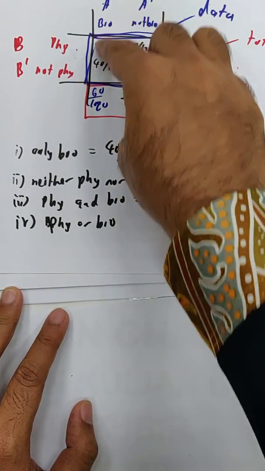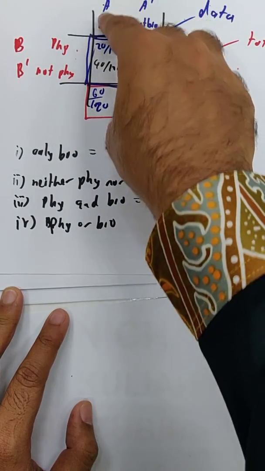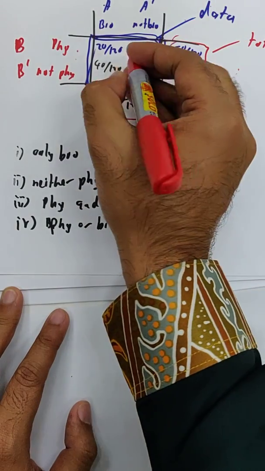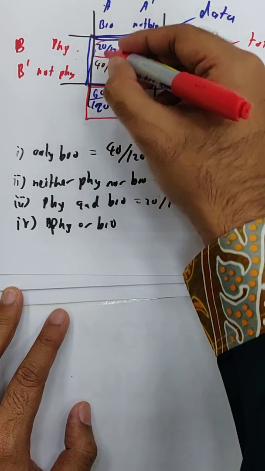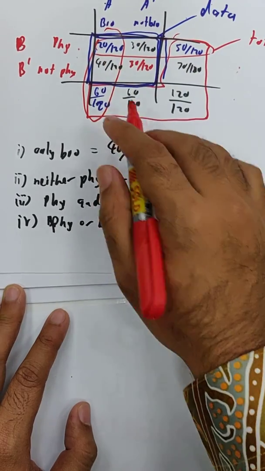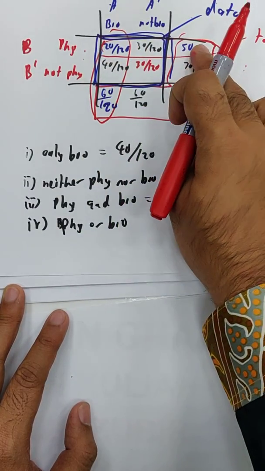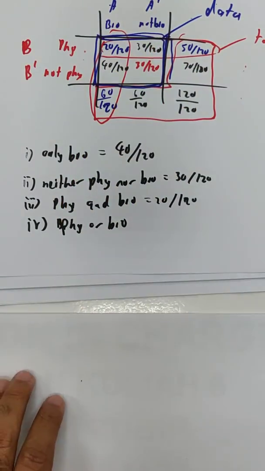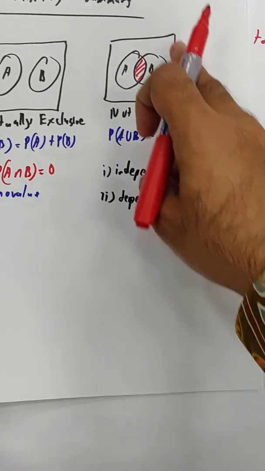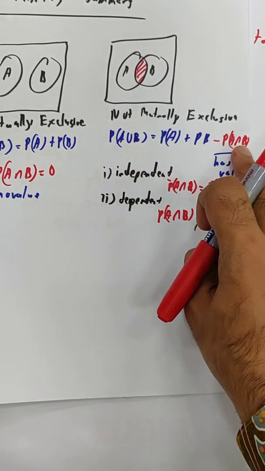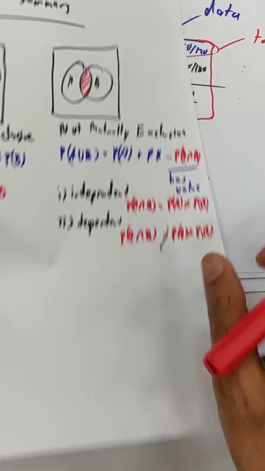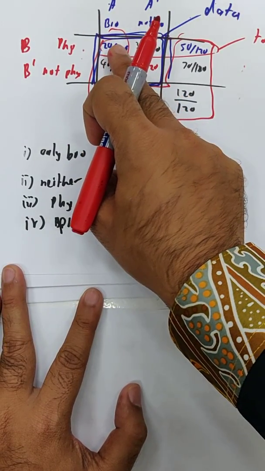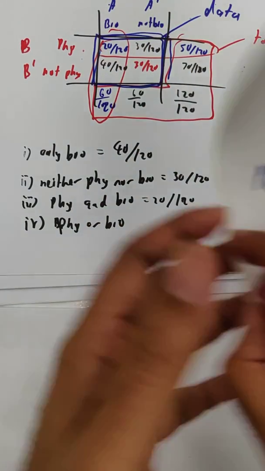Physics or bio, you can calculate this way. This is bio, this is physics. That means you need to add everything up. Either you take this whole side. So either you do 60 plus 50. This one is going to be wrong because you count this one twice. This is the situation where you need to minus the intersection. So either you do 60 plus 50 minus 20, which is 90, or the other way,